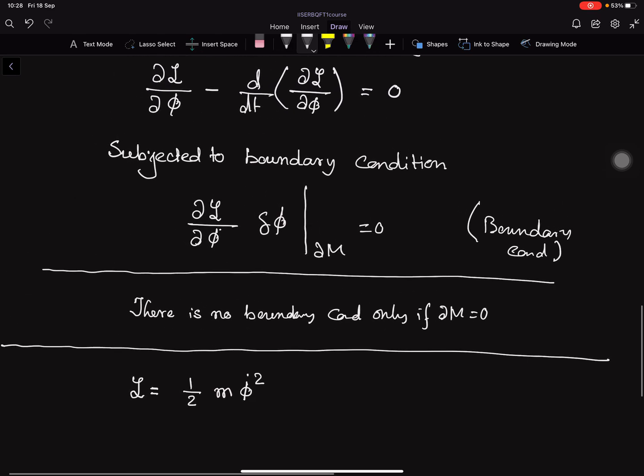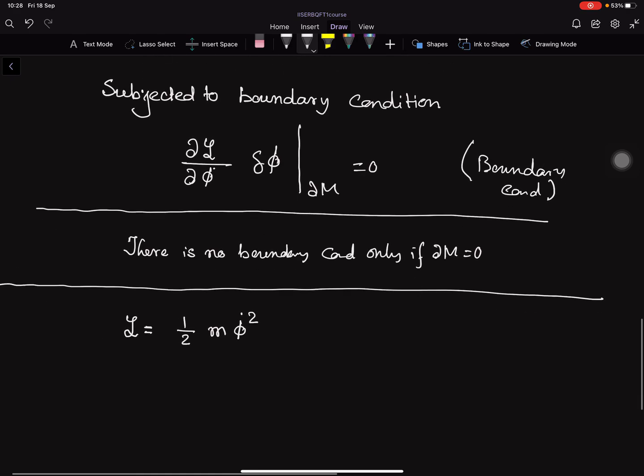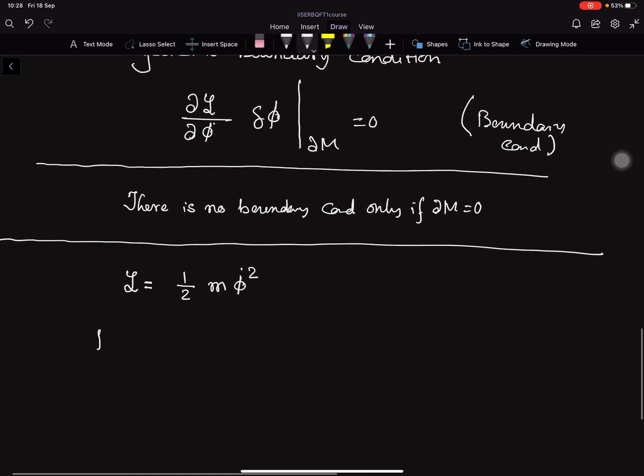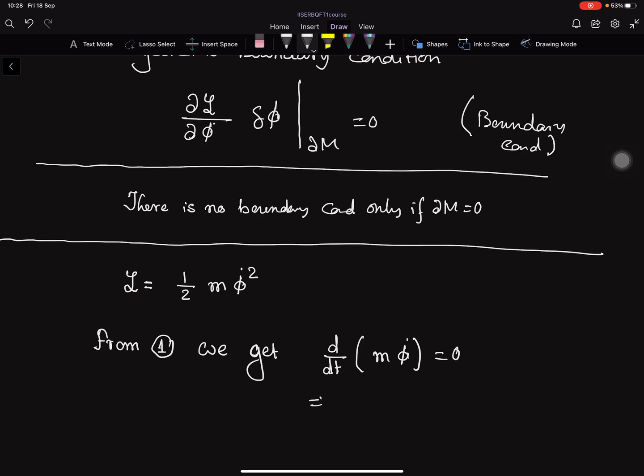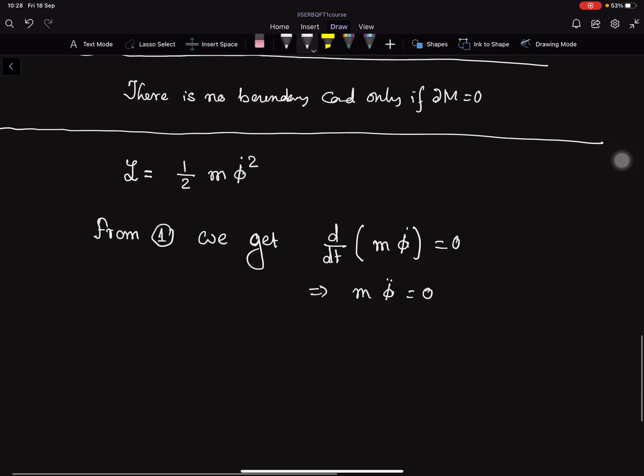In this case, from equation 1 we get d/dt of m phi dot equal to 0, which is the same as m phi double dot equals 0, subjected to